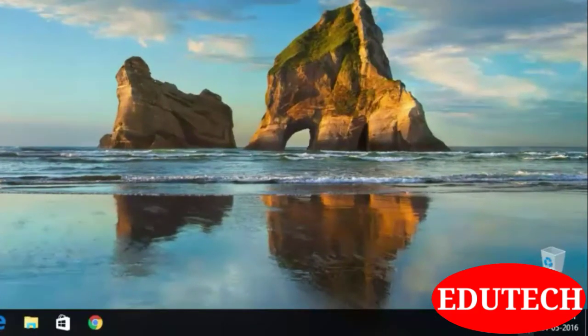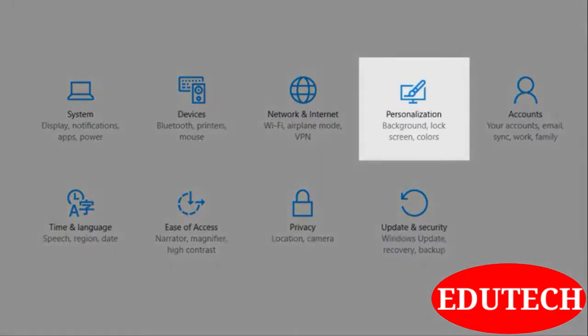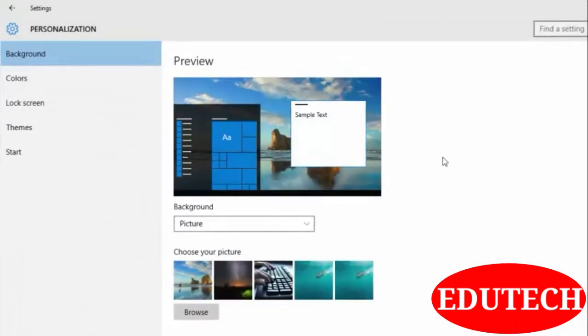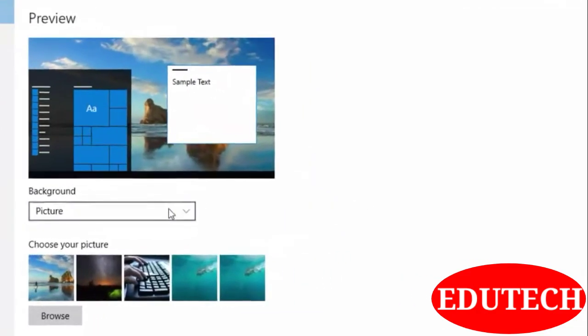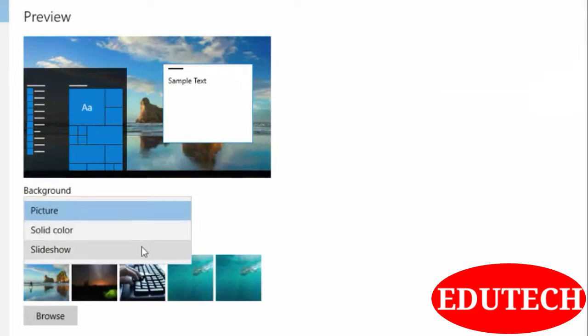Click on Action Center and go to the All Settings option. From there, you can access personalization settings. First one is background. We have already seen this background option for setting the desktop background. You can set various kinds of background like picture background, solid color or slideshow.